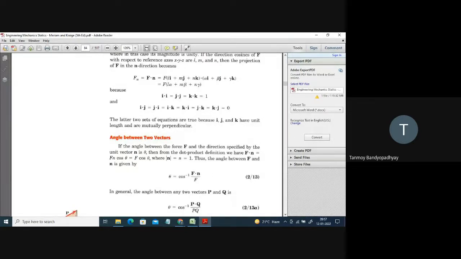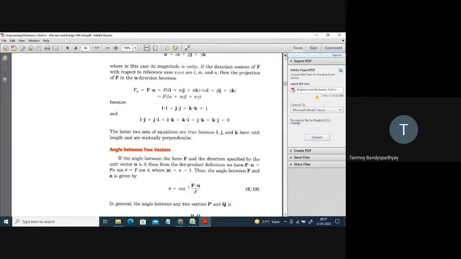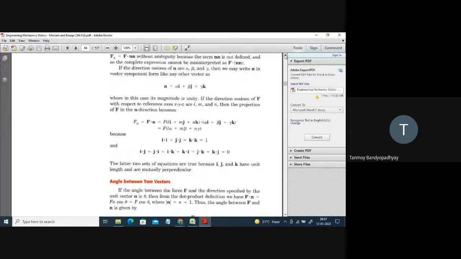ঠিক আছে, so here actually they have written, if you could like, আজকে যদি একটু থিওরিটা ফলো করো, L, M and N, they are the direction cosines in the direction of the force, ঠিক আছে, direction cosines of F, and alpha, beta and gamma, they are the direction cosines in the direction about which you want to find out the projection, ঠিক আছে।